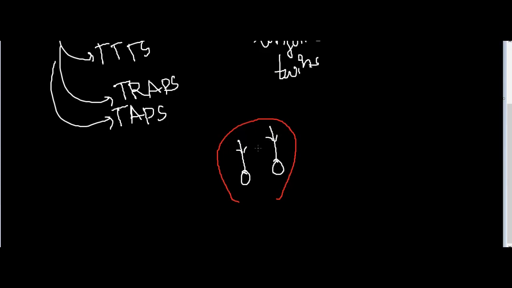Okay, the two babies, if you see in twin to twin transfusion syndrome, the artery of one baby is connected to the venous channel of the other baby. Now, because the arterial channel of one baby is connected to the venous channel of the other baby, in the placenta there is artery to artery or vein to vein connection. So there is artery to artery and vein to vein connection. So because of that,